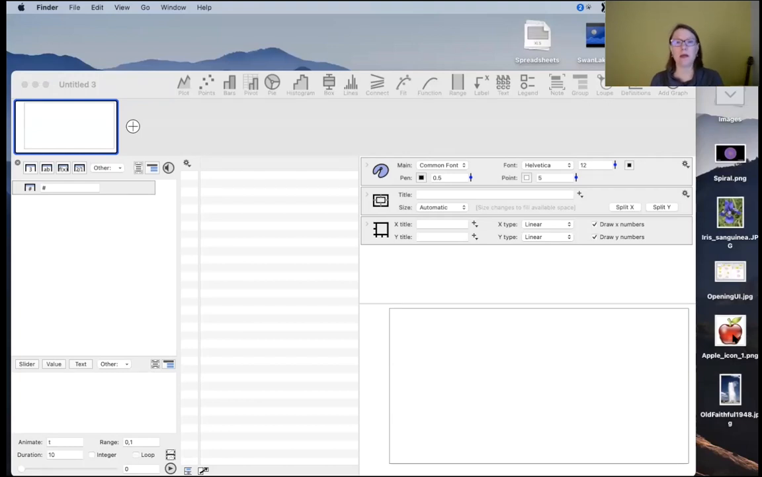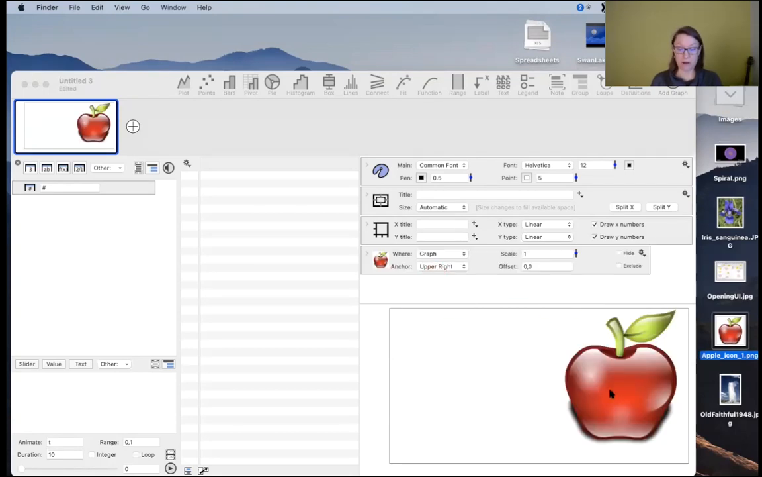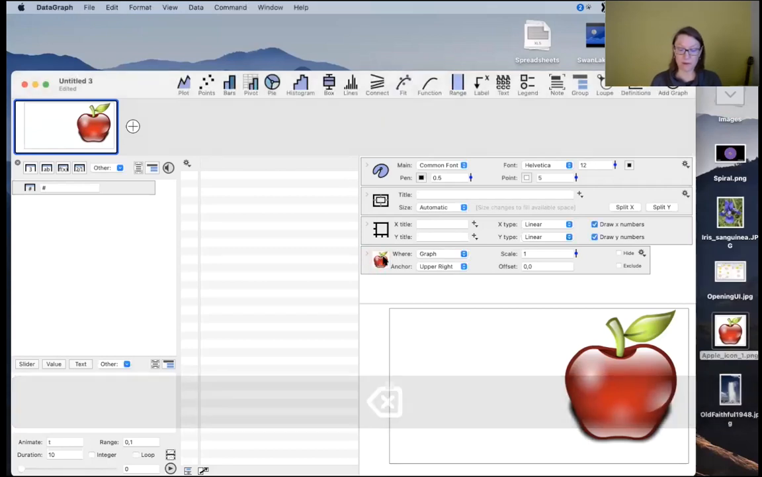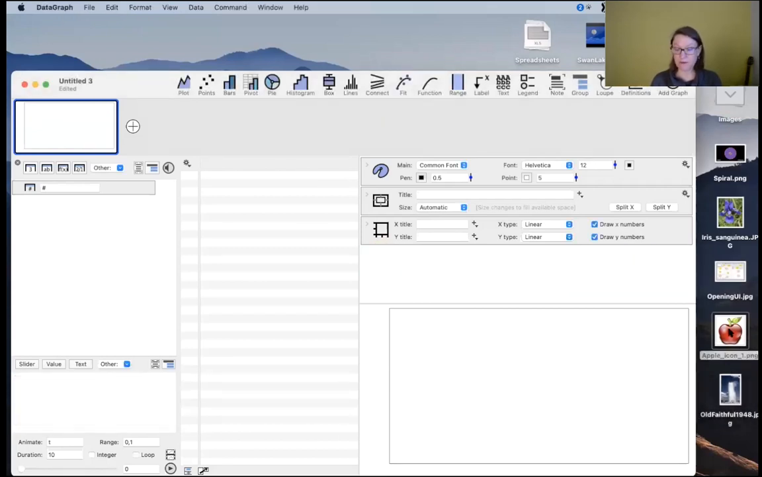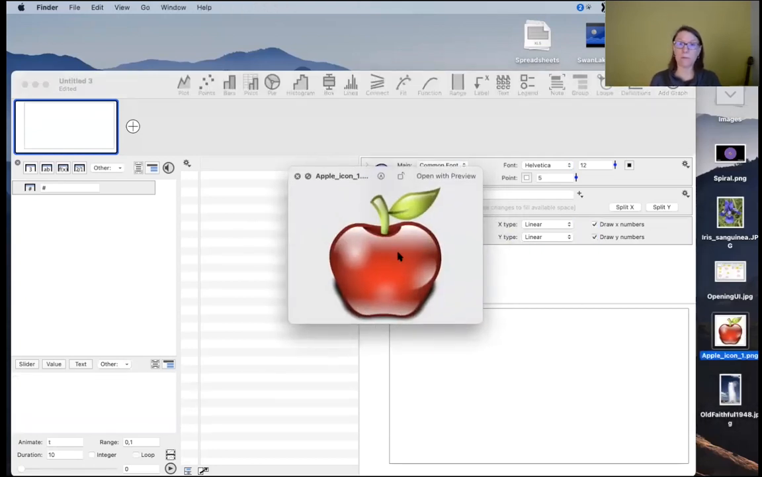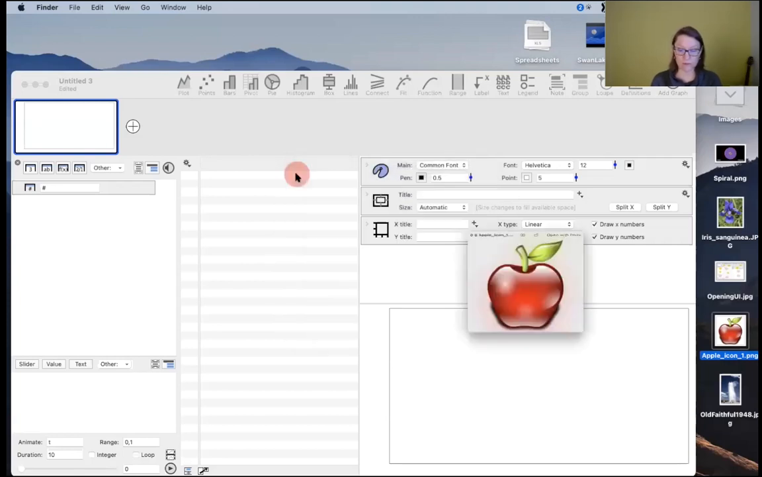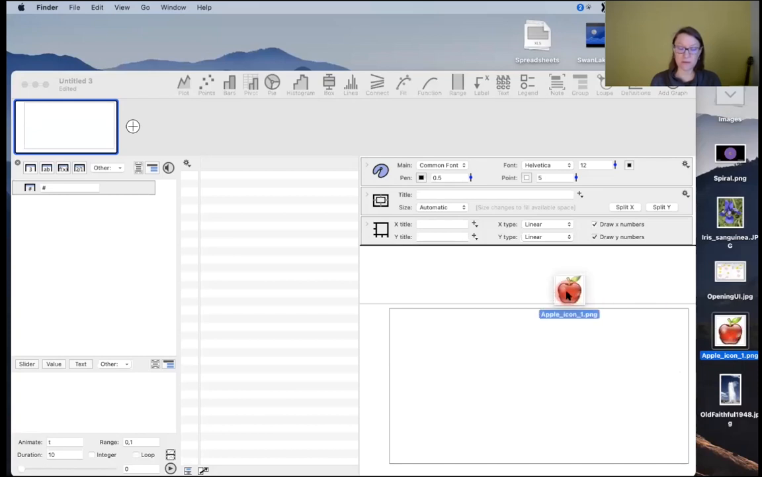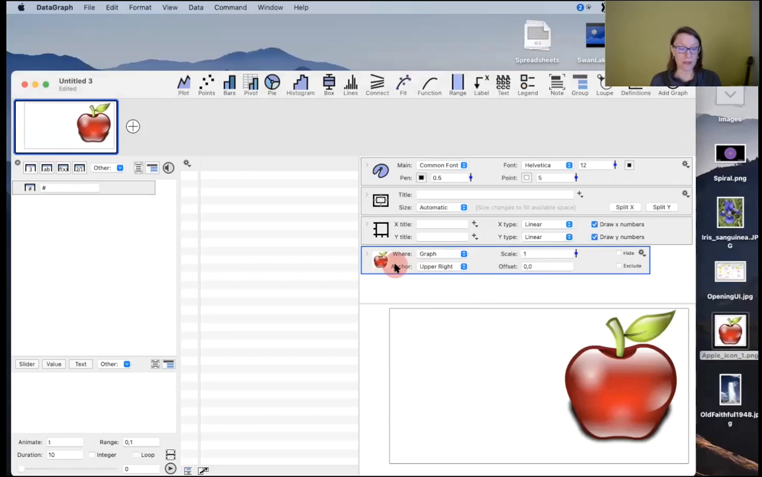So any kind of image that you have, you can take those images and just bring them right into DataGraph. So all I did was, and in fact, maybe that was so quick, I'll do it one more time. I have this image here, which is just a simple PNG file that has an alpha channel, so it has a transparent background. And if I take this PNG file and drag and drop it right within my command list, it